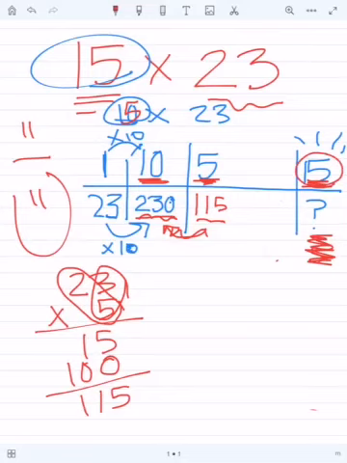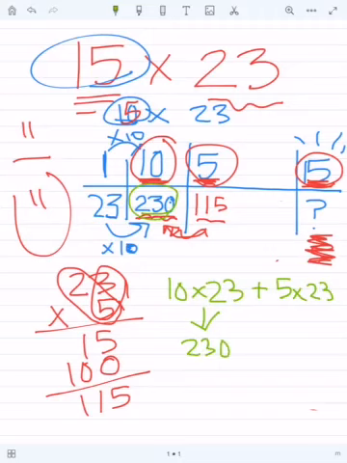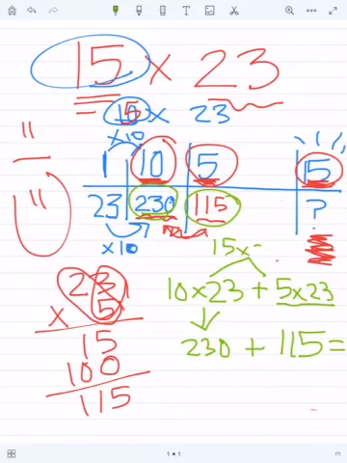15 groups of 23. Well, I already have 10 groups, and I already have 5 groups, right? So let me write this in equation form on the bottom. So I already have 10 groups of 23, and I already found 5 groups of 23. This will tell me my total amount. So 10 groups of 23 was 230, and 5 groups of 23 was 115. So if I just add those together, I will have my total of 15 groups of 23. So 230 plus 115, and we are at